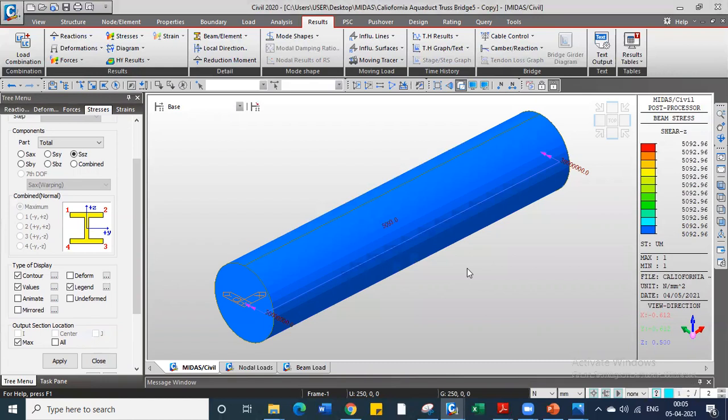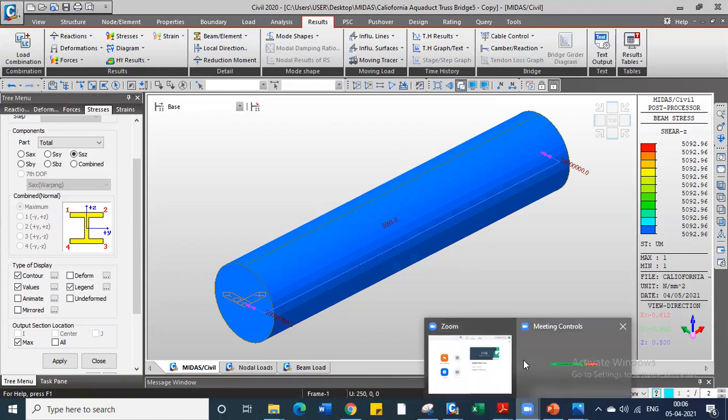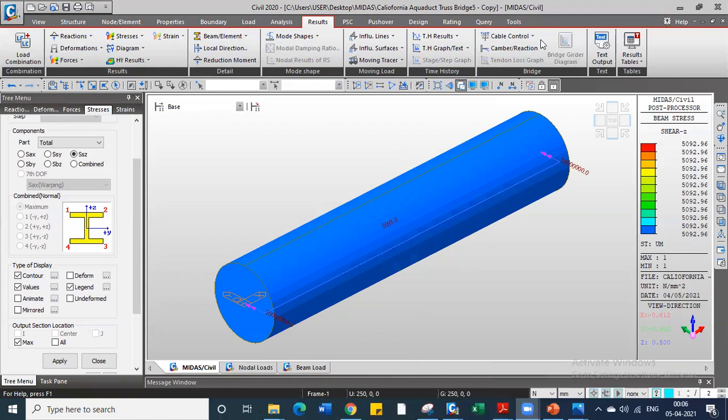So this is the way we should differentiate between the selection of cross section when a beam is dominated by shear stress, and in case the beam is dominated by bending stress, as we have seen, the rectangular section will perform better compared to the circular section. So generally we design the beam for maximum bending stress and average shear stress. But when it comes to shear dominated beams, we should design the beam for maximum shear stress. And in that case, we see that the circular cross section performs better as compared to a rectangular cross section. So this ends our lecture here. Thank you.